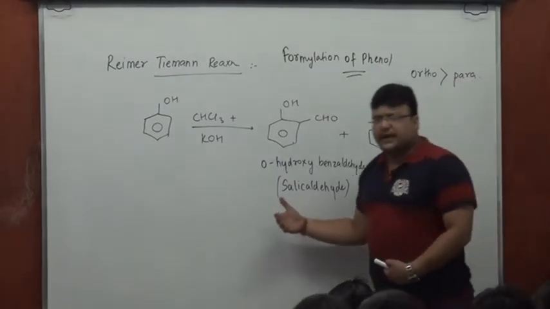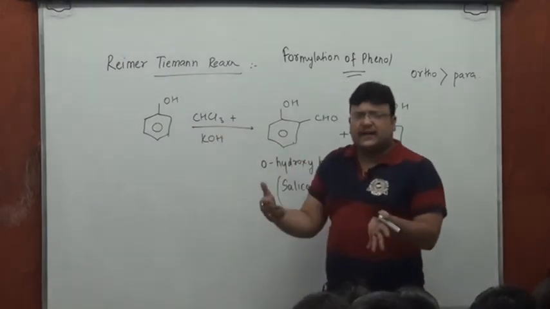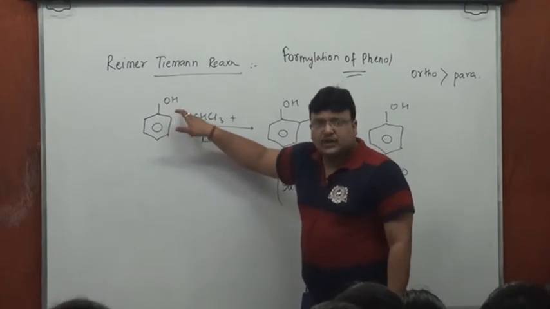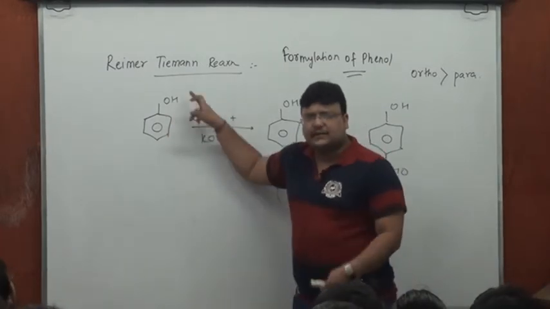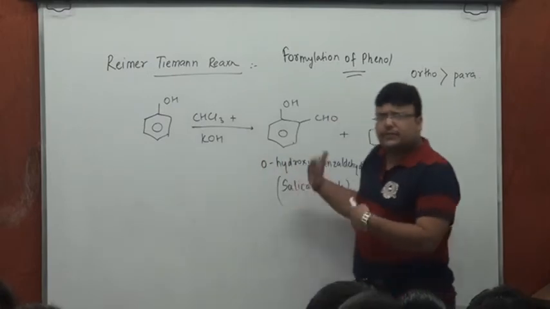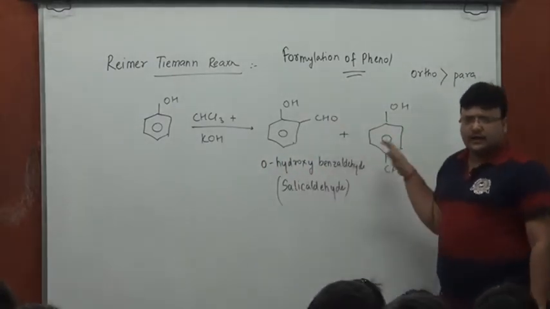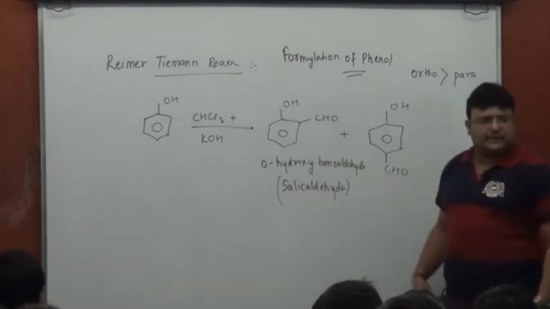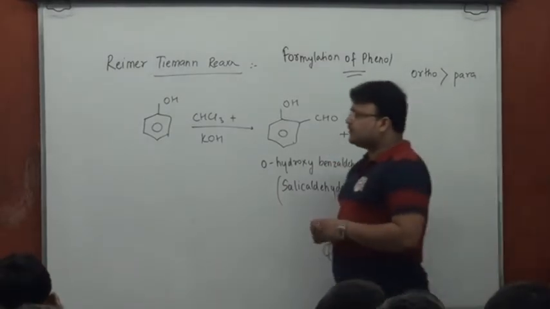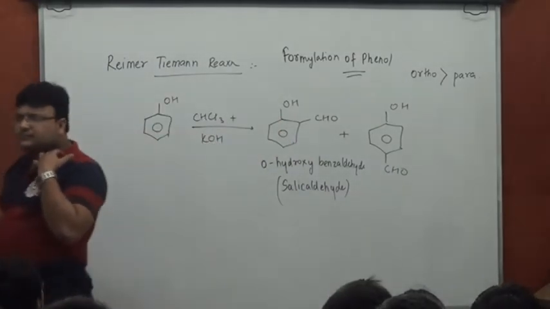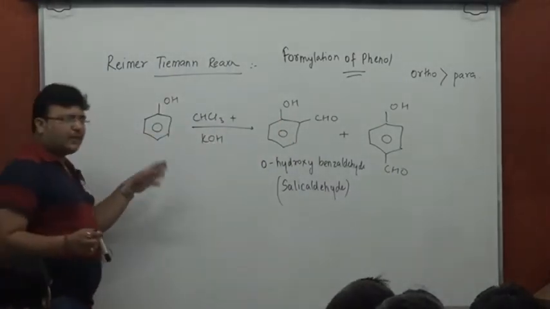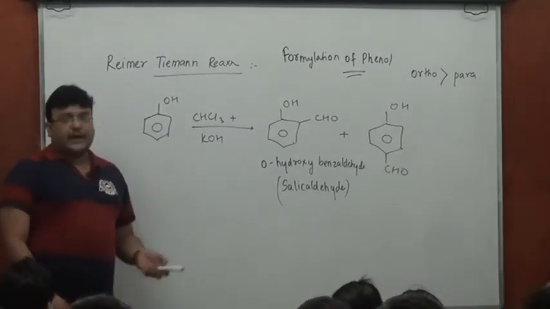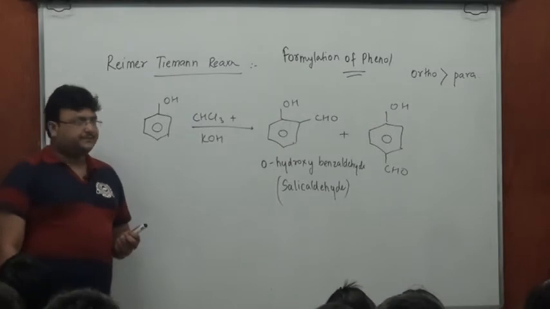We know, like most of the reactions in aromatic compounds, where you expect an electrophile to come and attack, and OH is ortho-para orienting, you will expect the electrophile to attack at the ortho and para positions, and then correspondingly produce the ortho and para products. Fine. I haven't told you that ortho will be the major product here. So Reimer-Tiemann is formylation of phenol, treating phenol with a mixture of chloroform and NaOH or KOH, and getting salicylic and the para isomer. All right.